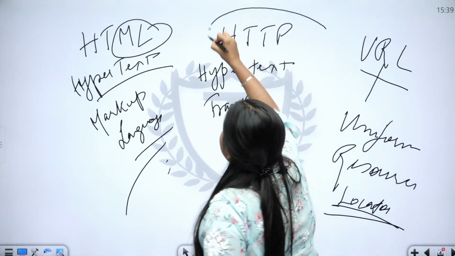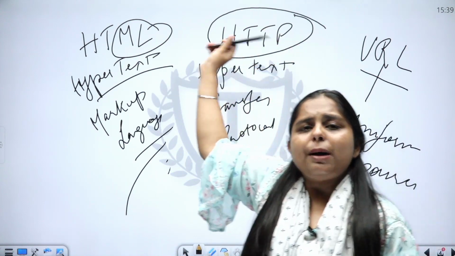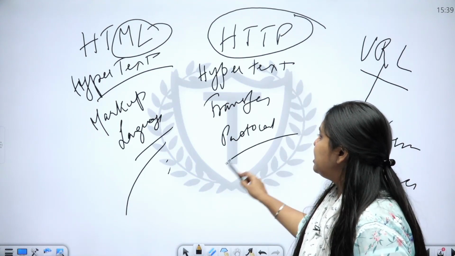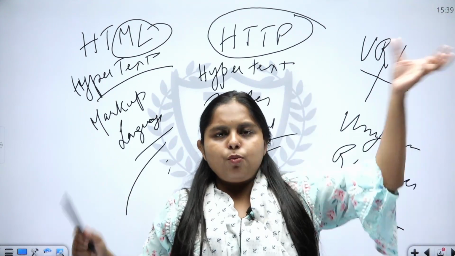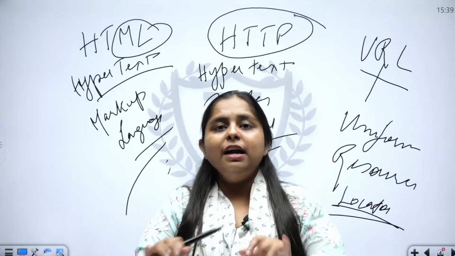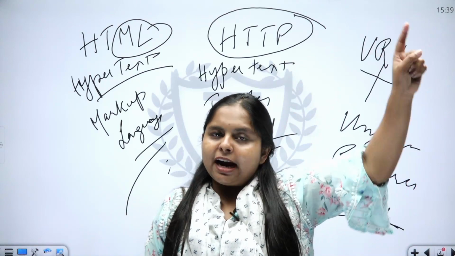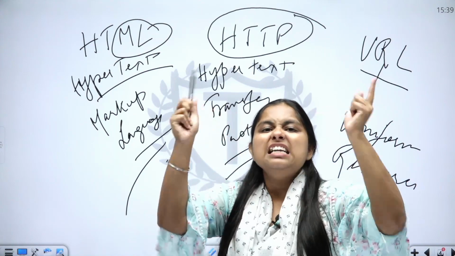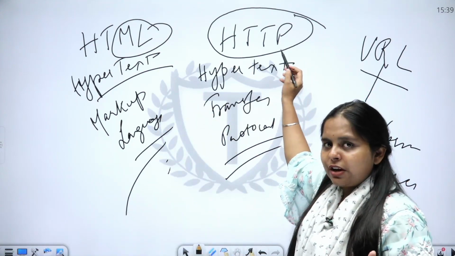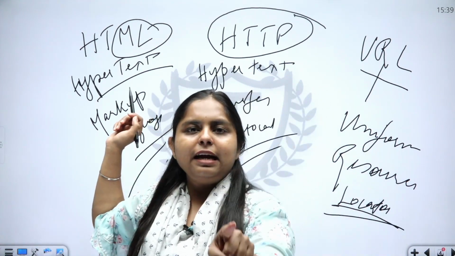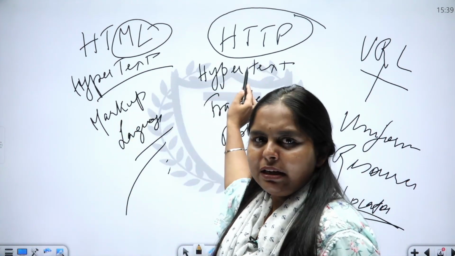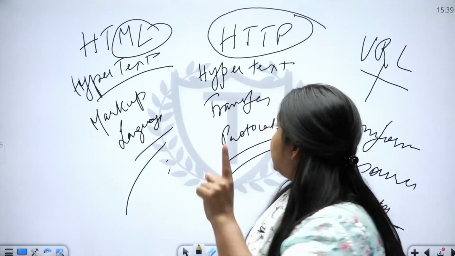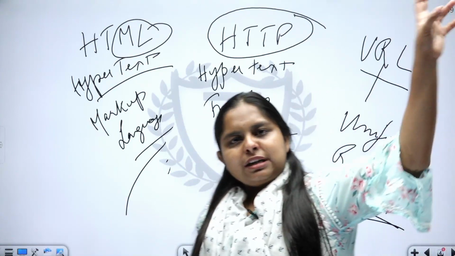Coming to HTTP, when do we see this? Whenever we type a web address, before that we will see HTTP. So HTTP is basically a transfer protocol. It will retrieve whatever information I am trying to find, whatever address I type, it is going to retrieve that from its source and give it to me. So basically it is being used as a transfer mechanism. So this is the feature of HTTP, and that is why before writing any address we use this term HTTP. You will see even if you do not write HTTP, it is automatically loaded in your Google search box. This is HTTP. It's basically used to retrieve the data.